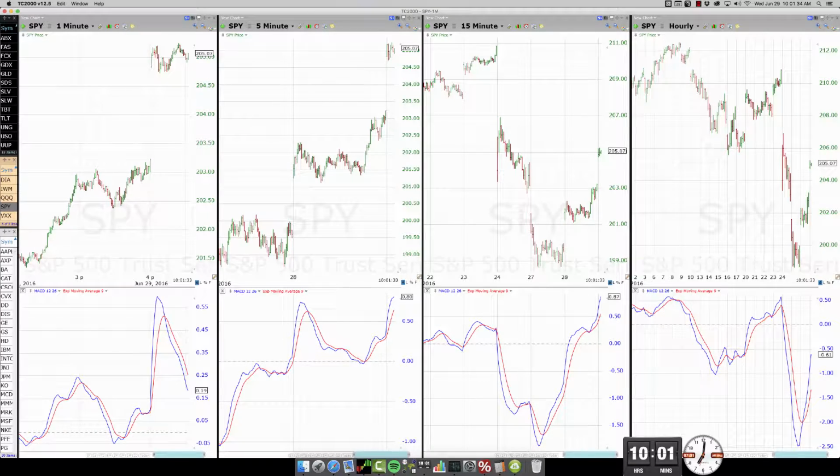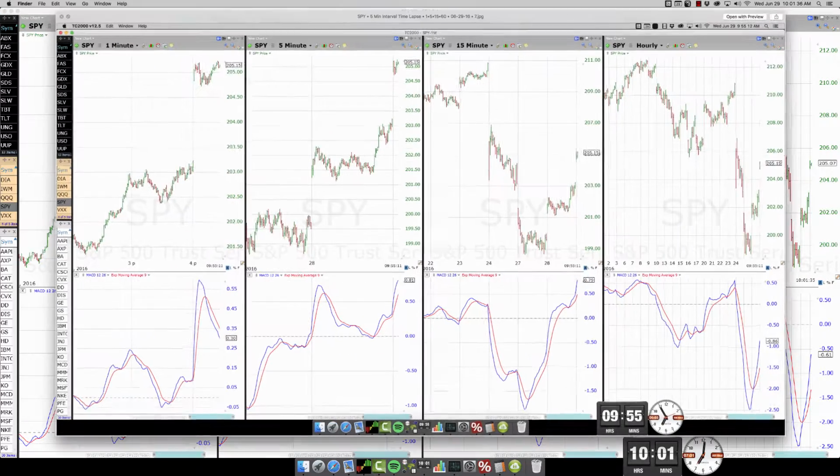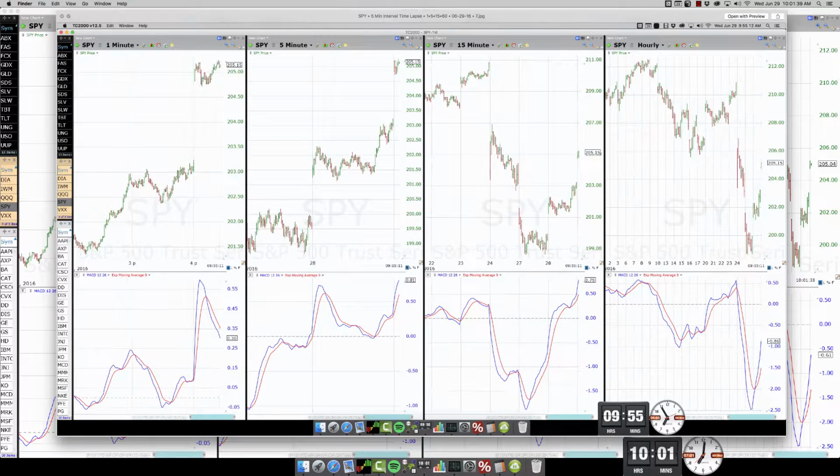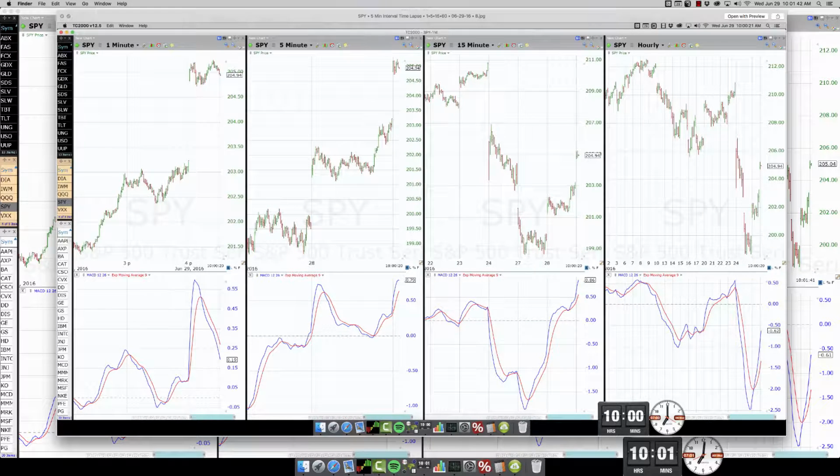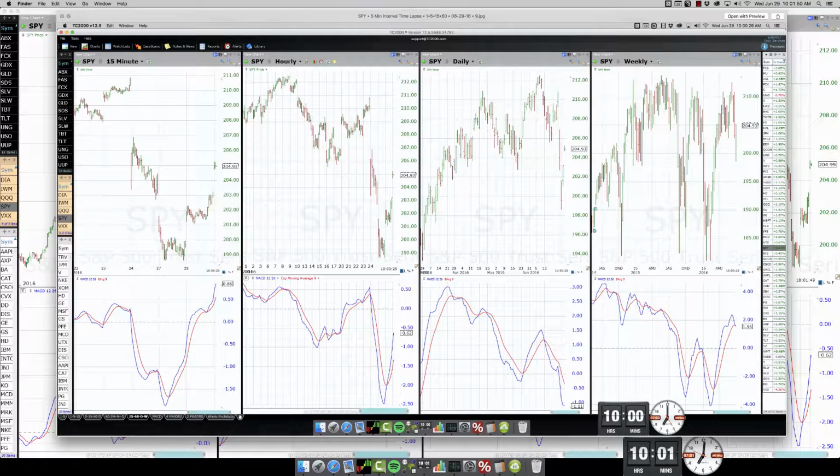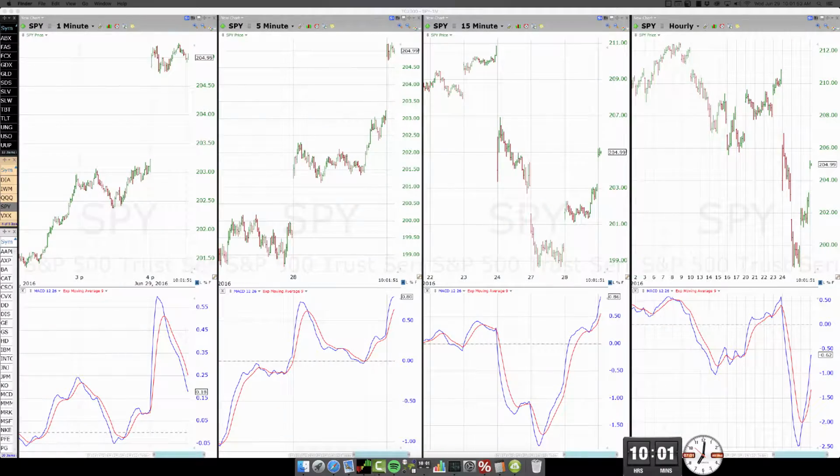So 10 o'clock, 10:01 actually, here's the transition from 9:55 to 10. That 1 minute is getting long. It's definitely undermining the 5-minute chart. And then here's the context. And I can show you the